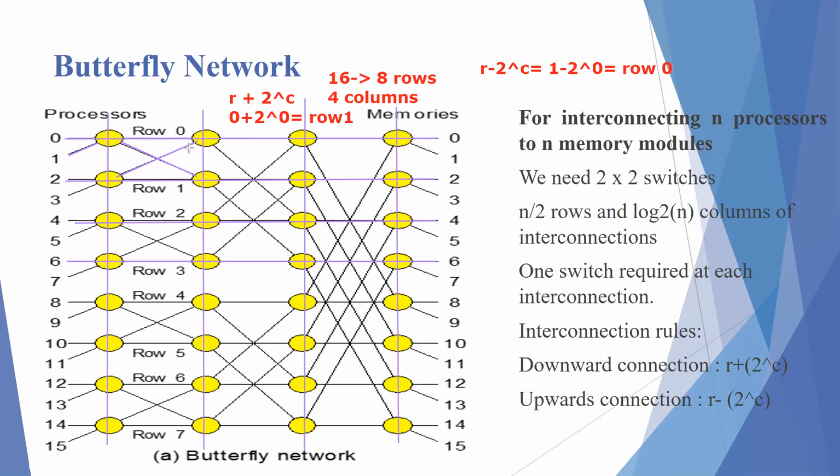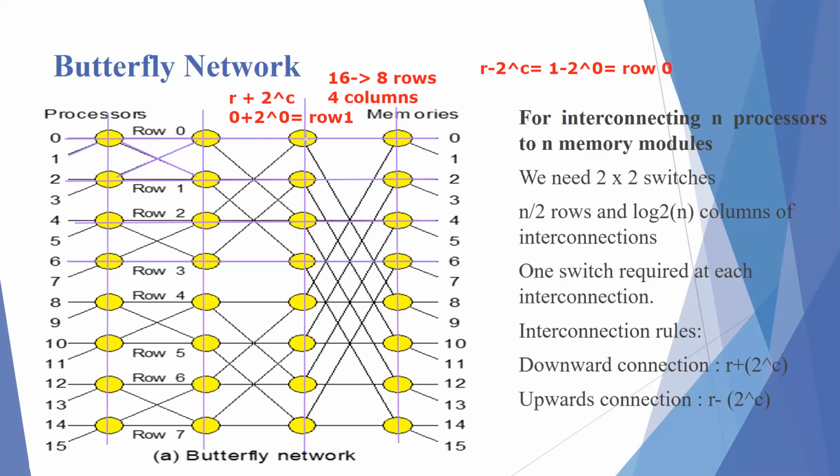Yes, ma'am. Okay. Similarly, let's talk about this one now, so that your doubts also become clear. Now, if I talk about the second switch along the horizontal line of interconnections, this is row 0 and column 1. One straight connection is already made there, but I have to check with this cross